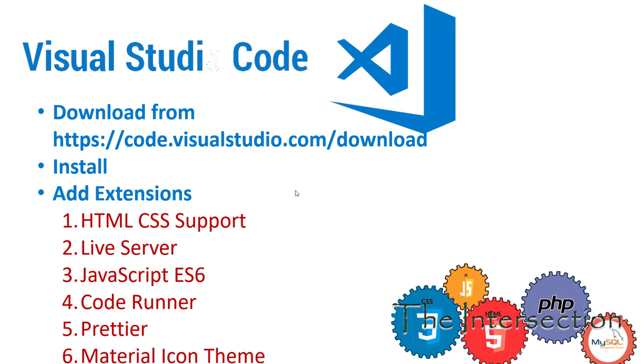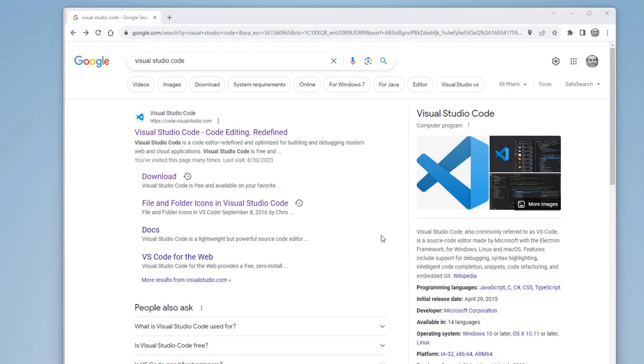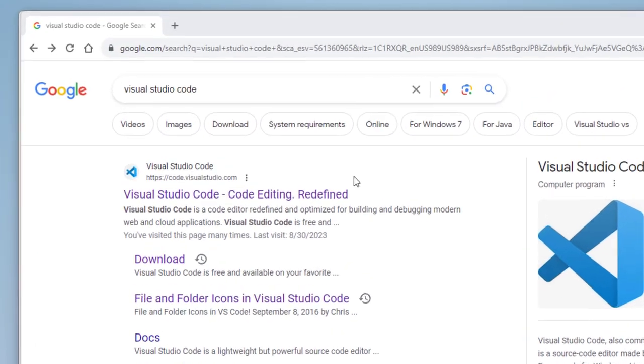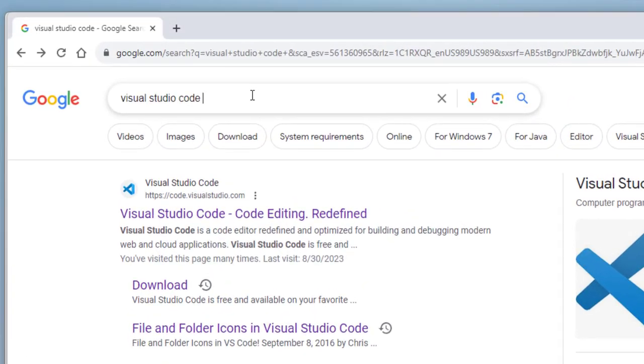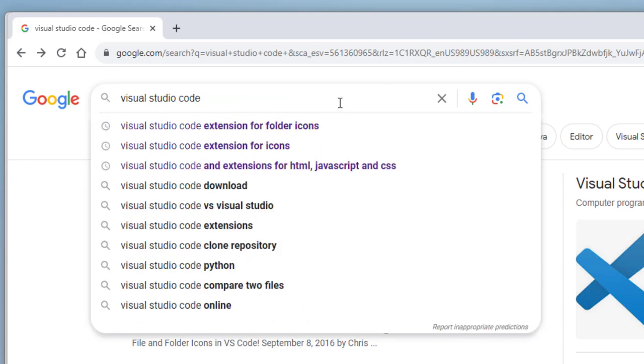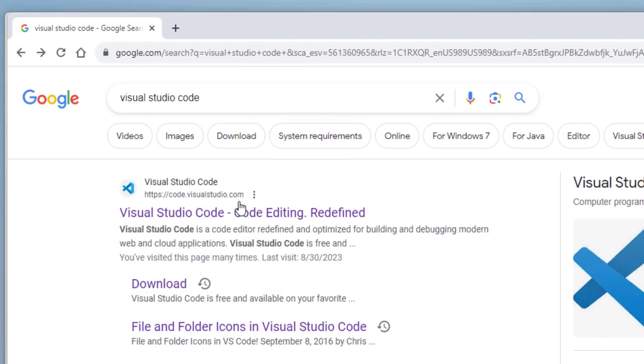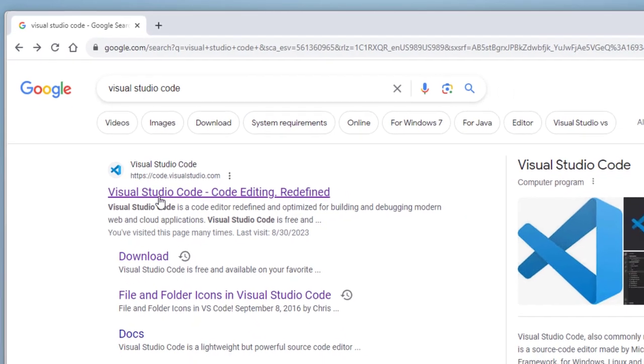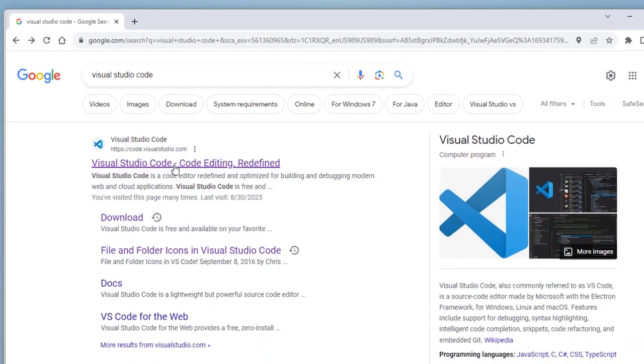So let's start. To download Visual Studio Code, open your browser and then type in Visual Studio Code, or type in VSC or VS Code. All of those will work. It'll take you to the download link. And here's the official download link. Click on it,